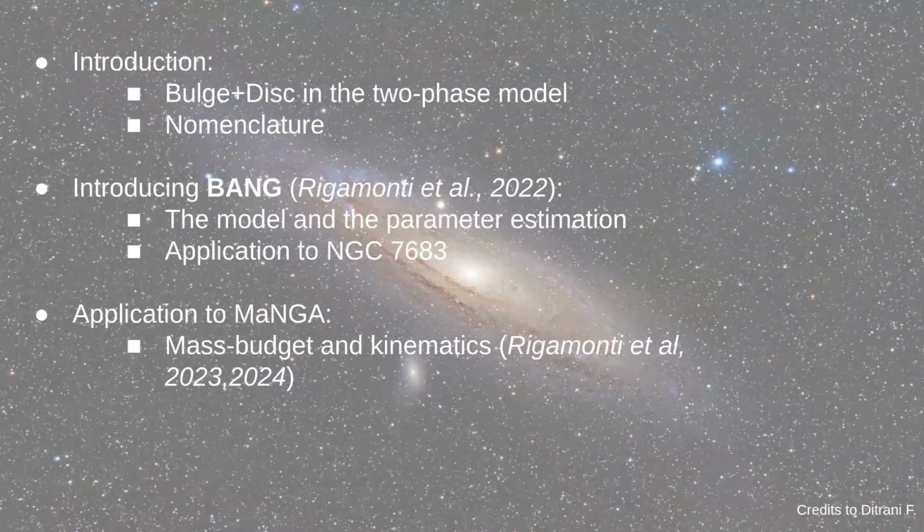So very briefly, in this talk, I will start by giving you an overview of what galactic structures are, in particular bulges and disks, and especially in the context of the so-called two-phase formation scenario. And then I will define some nomenclature to clarify the different kinds of bulges and disks. It is a bit funny that before I will introduce them and then I will define the nomenclature, and this is already telling you that we have